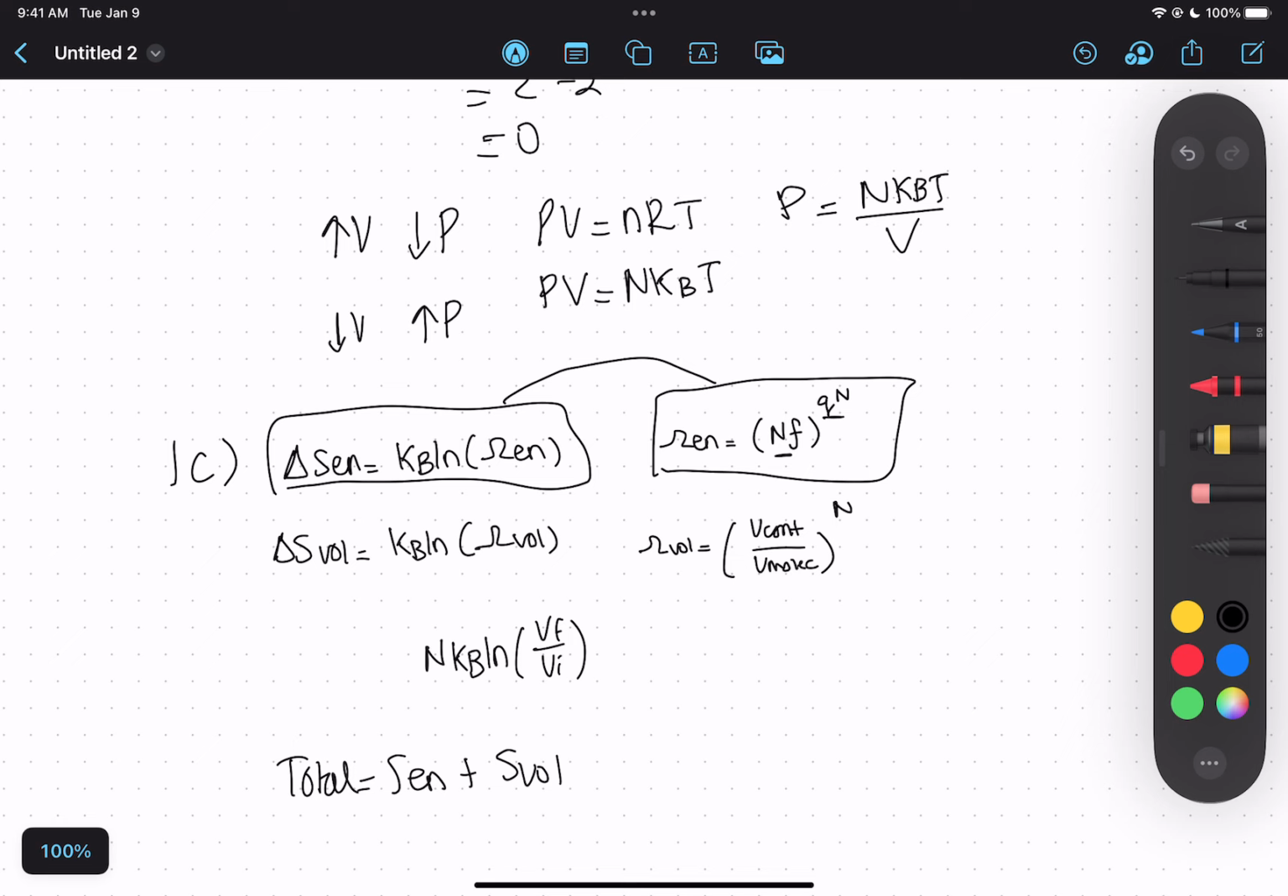Yeah, I prefer to use the NkBT. You can still use the nRT if you want to. It's just that you'll get moles, and then you'll have to convert from moles to molecules using Avogadro's number. That's an extra step you don't want to have to do. But once you have the number of particles, we're essentially going to use the pressure that they gave us in the first part of the problem, or the context of the problem initially, and then